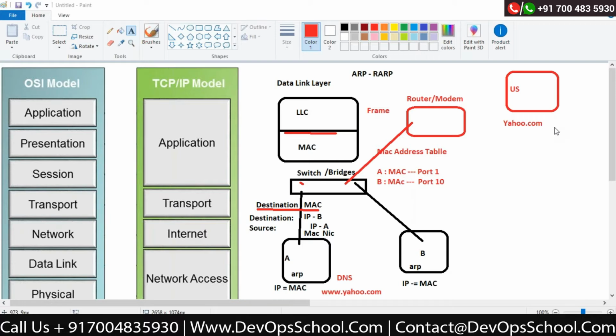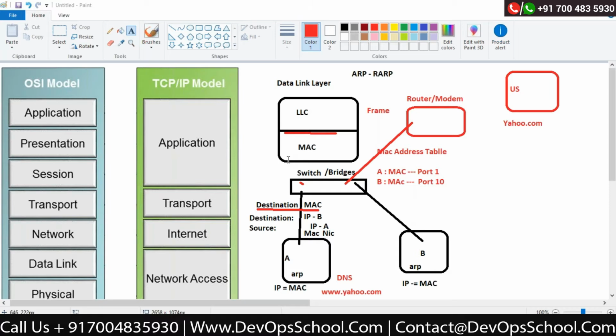Don't get sleepy. I know this is quite lengthy and boring because it's all theory. But understand this is happening behind the scenes. You are actually doing it day-to-day in life, but you are not feeling it. This is the function of the data link layer. Remember, guys, people ask you this question.